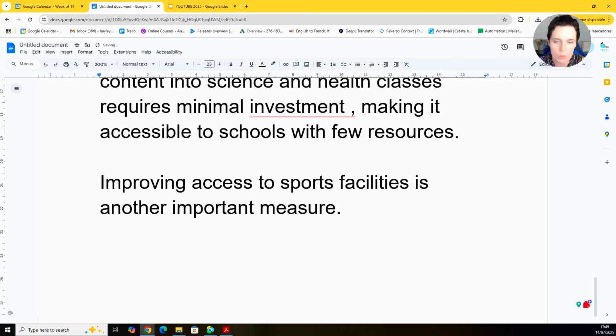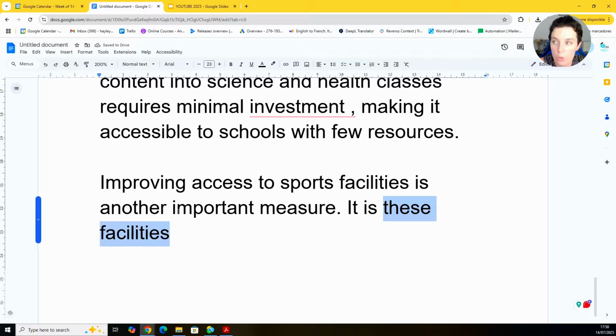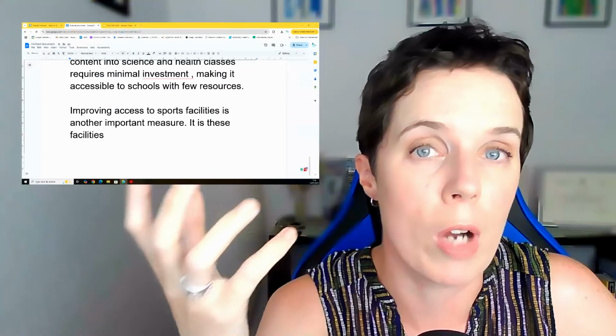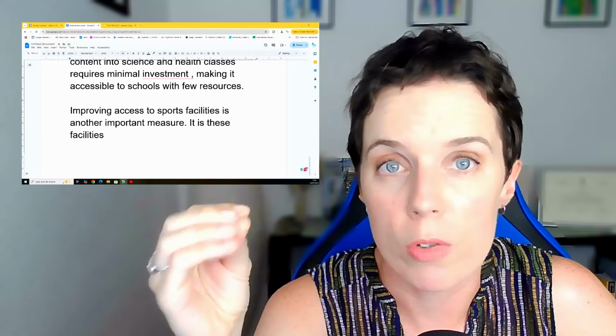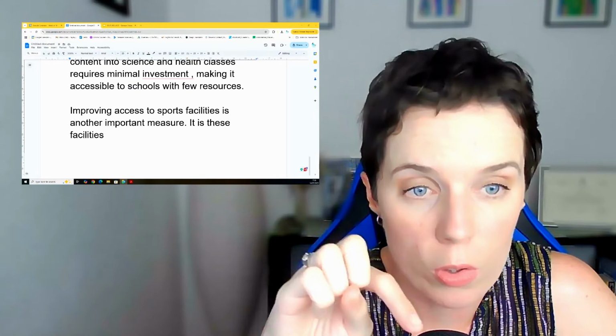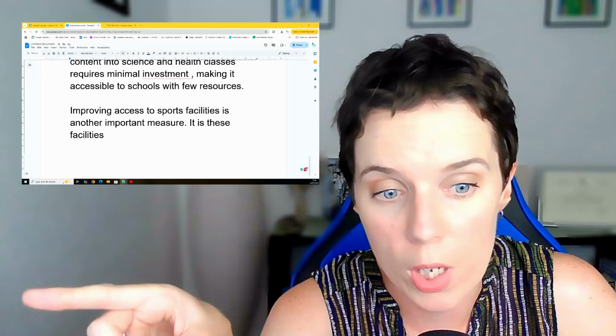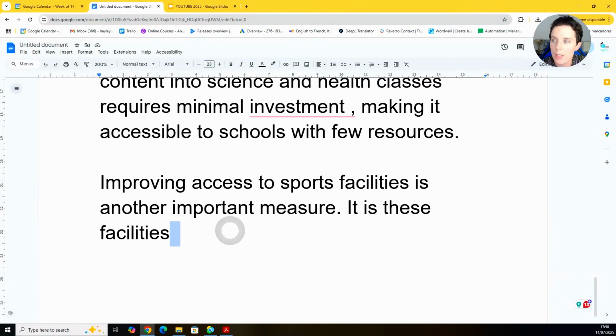Okay, why is it important? Trying to think how to use a cleft sentence or something here. Okay. It is these facilities. Okay, so make sure that you're also referencing back to the other sentences as well. When you use references like this, you also get more points. This is another grammar point that examiners are expecting from you, referencing. Okay, so you're kind of linking back to what you've just said. Okay, so it is these facilities